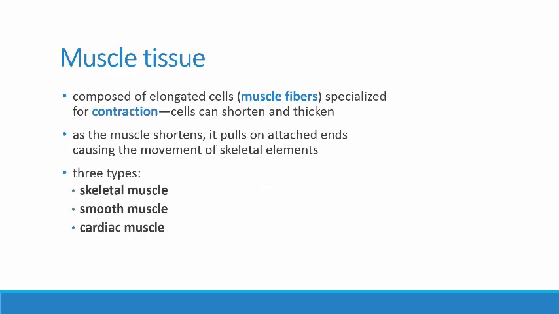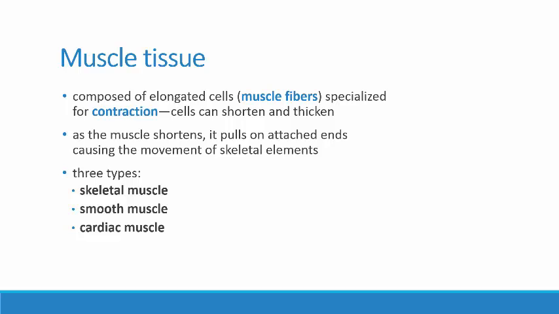So muscle tissue is cells that have been adapted to shorten and thicken because of cell movement, the protein fibers, and the work that the protein fibers can do inside of the cell. So muscle tissues tend to be elongated cells. We refer to them as muscle fibers because they're longer. And as these long cells shorten, they pull on the attached ends and cause movement